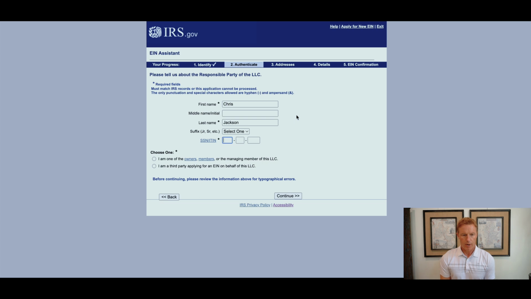limited liability company. I'm putting in my own name because I am the single member of the LLC. You're the single member or one of the members, or you're the one filling out this information. You can put yourself. In my case, I am one of the owners or members or a managing member of the LLC. You also have to include your social security number